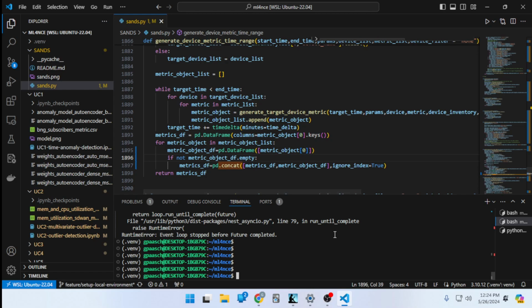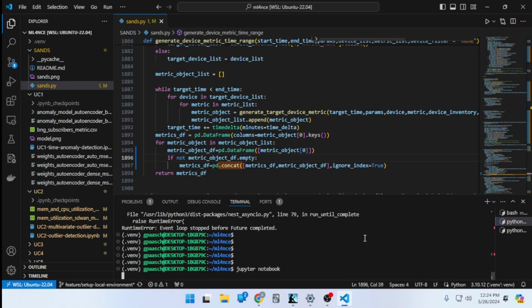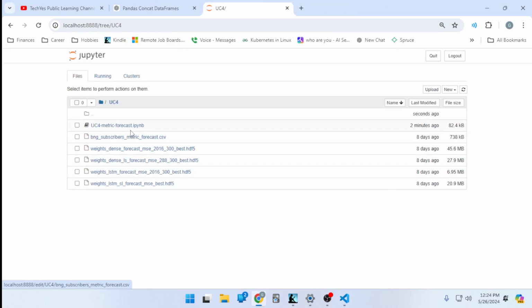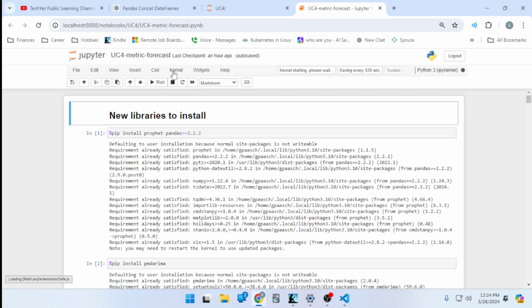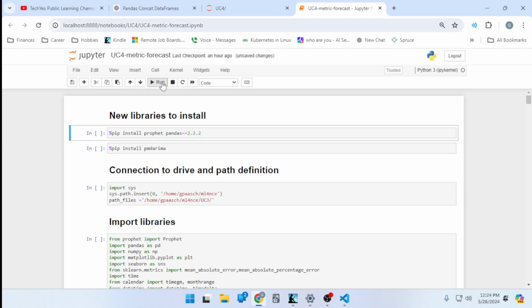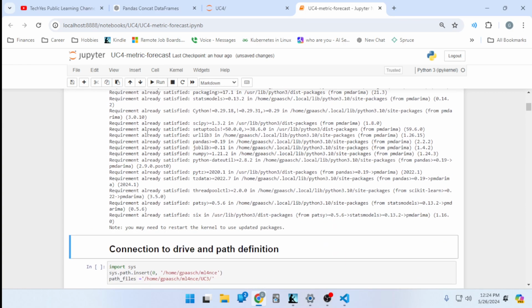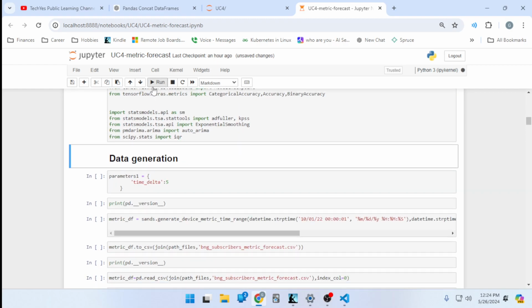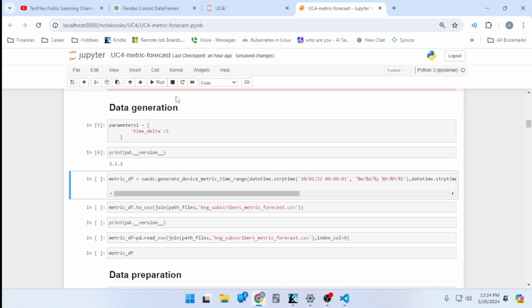Save the file. It's on autosave now, but it's a good thing to get in the habit of. Kernel, restart and clear all. Okay. There we go. Okay, so